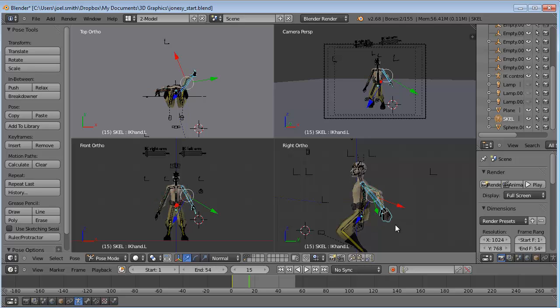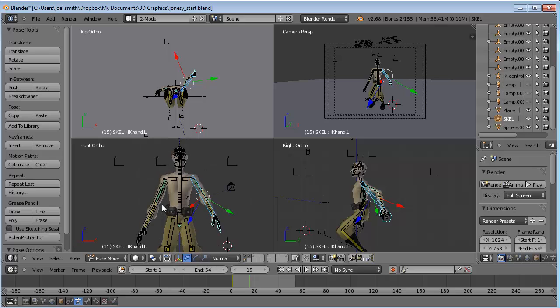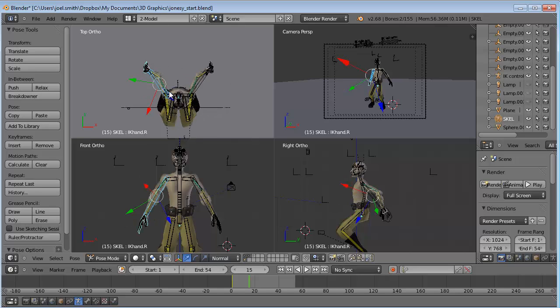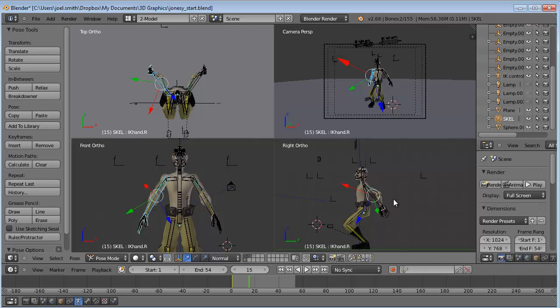So I'll hold down Shift, click the hand, Control C, and then I'll come over to this view, click the other arm and the other hand by holding down Shift, the outer edge of the hand, and then do a Control Shift V, and that changes the rotation so it's the same. I can see it up in this view. It's exactly the same. Okay, so that's a little more realistic, but we're still missing a couple things,